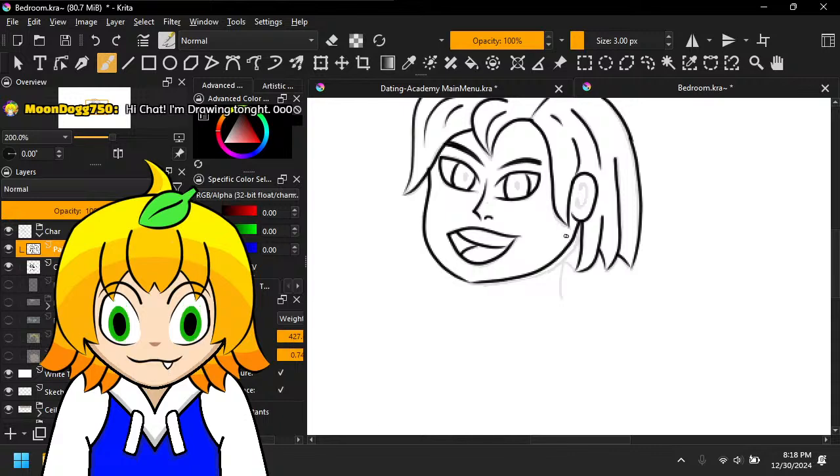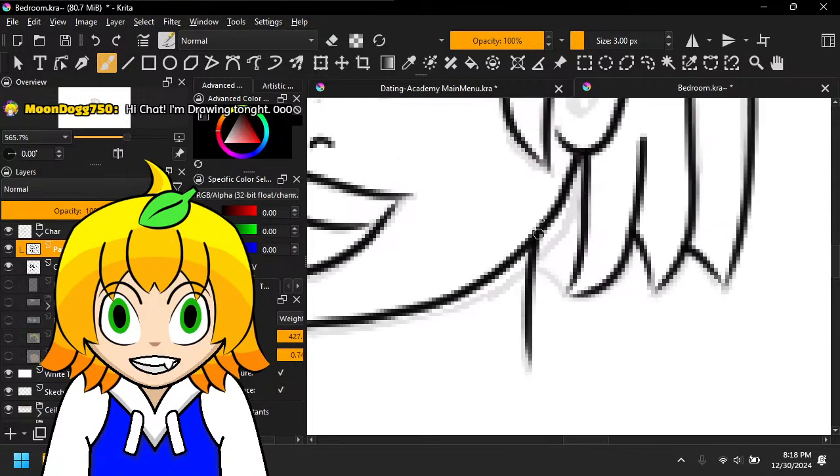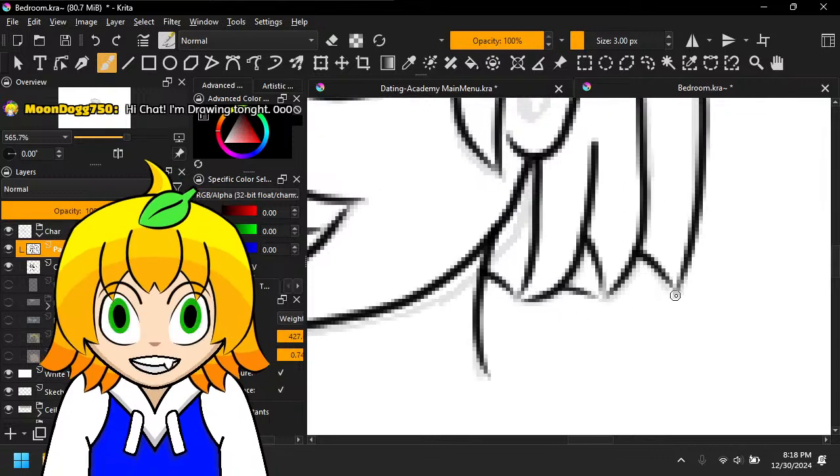And then I clean it with the line art. So there's a time and a place for clean, and there's also a time and place for